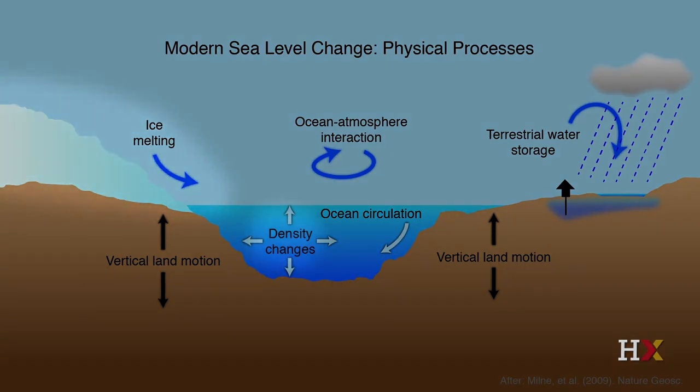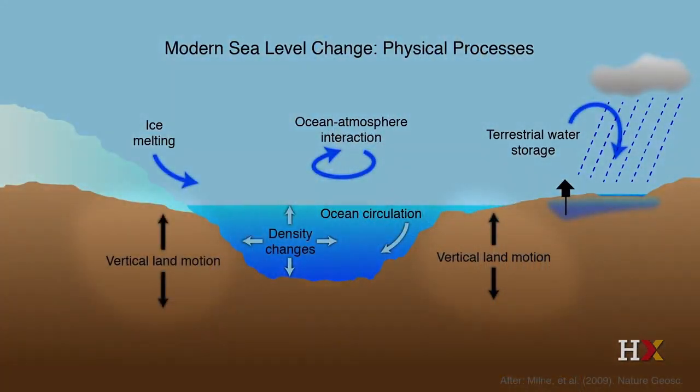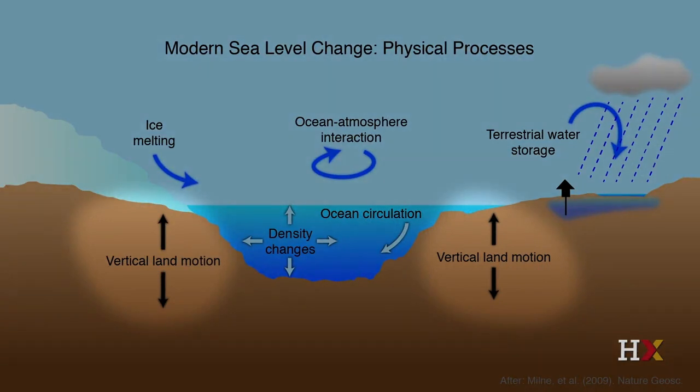The largest source of sea level rise thus far has actually been the warming of the ocean and the thermal expansion of seawater, which causes the oceans to rise as well. But there are other factors as well. Locally, sea level can change because of the uplift of land or the subsidence of land that causes the relative sea level to rise or fall.